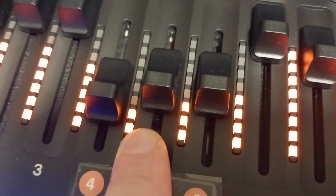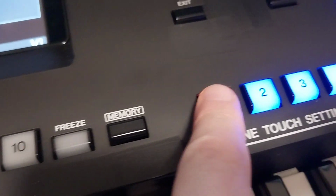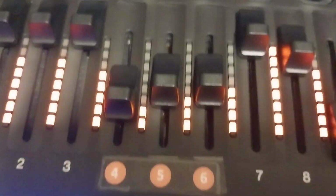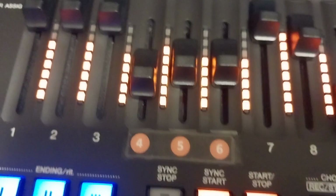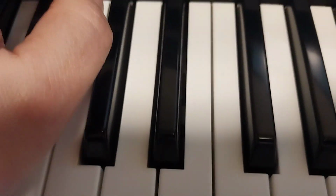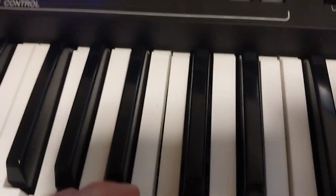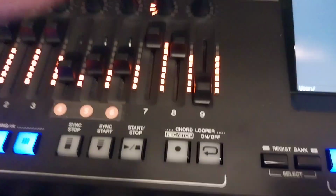It's kind of a 2, 3, 4 for the number 1. Number 1 OTS. So see right here, I'm pressing this one. It changes. Now it's remembered. But then again, when you start playing this thing, when you're playing,